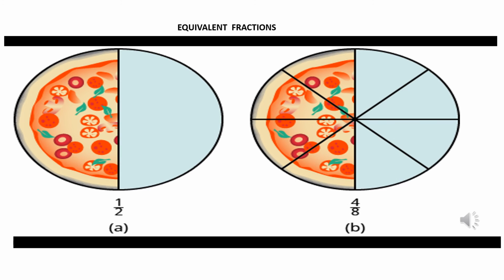So in this case, both the products are equal to each other. That means 2 by 3 and 12 by 18 are equivalent fractions. They are equal to each other. They represent the same fraction of a whole, which is 2 by 3. So these are the two methods to find an equivalent fraction.